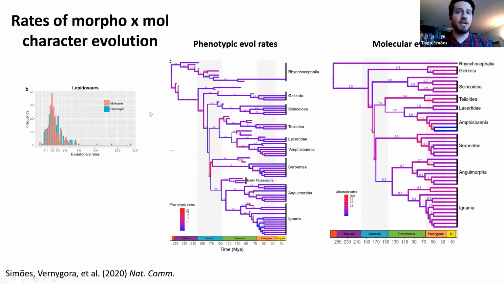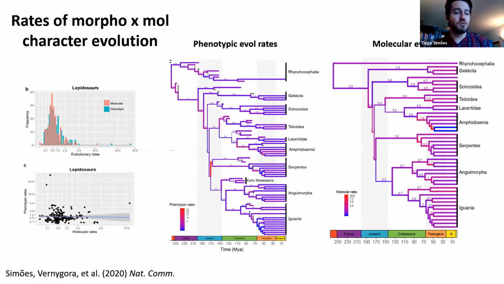And essentially what we obtain here is values and distribution of rates of both morphological and molecular evolution, which are quite similar to each other in terms of their shape, but not exactly, and they definitely do not occur at similar points on the phylogenetic tree. So the points on the tree where we have high rates of phenotypic evolution, we tend to have low rates of molecular evolution and vice versa, displaying therefore a strongly disjoint distribution of those rates across evolutionary time in squamates, at least concerning molecular protein coding loci, which I have sampled for in this molecular data set.